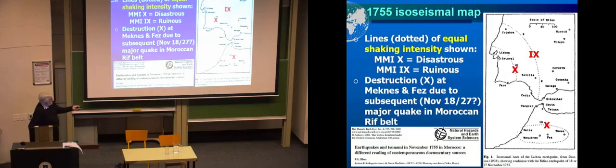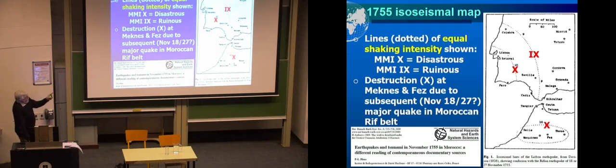On the right-hand side, actually, is a diagram reproduced in this paper from a 1930s historical study in which the isoseismals were drawn from the historical accounts. And as you can recall, 10 is disastrous and 9 is ruinous. You can infer from the way those isoseismals are patterned that the focus, the bull's eye, has to be offshore somewhere. And so there was a big attempt early in the earliest part of the century to